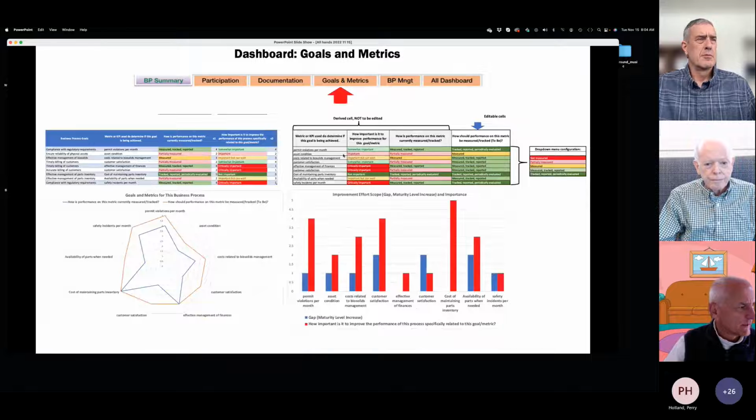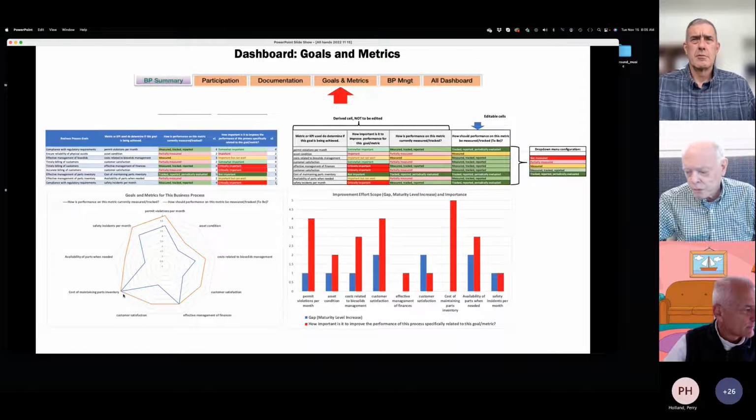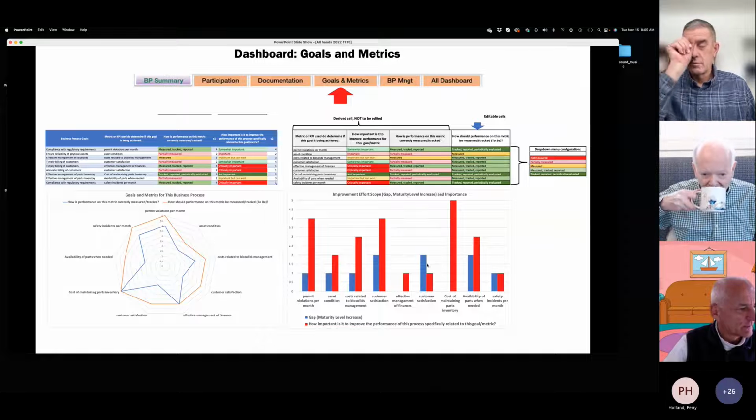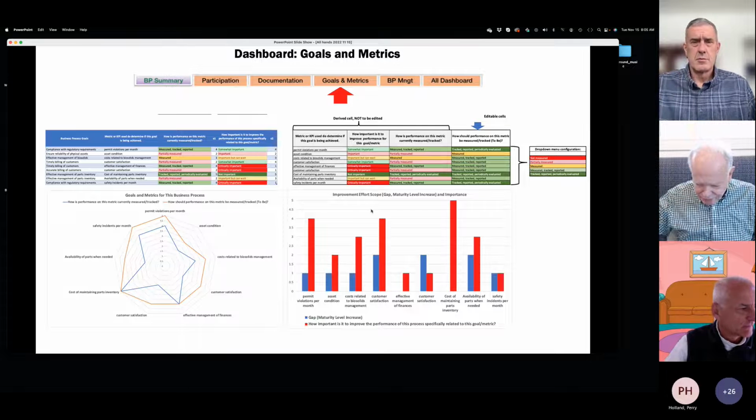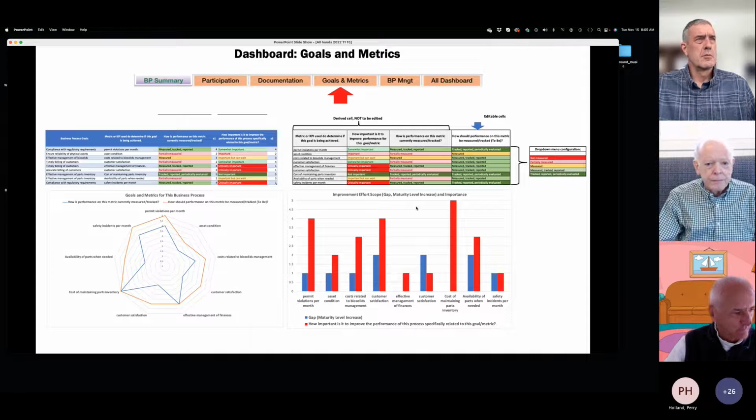Similarly, a dashboard for setting goals and metrics that allow people to see where we are right now. These are just dashboards, showing the current condition with the to-be in orange, and different analysis for what the improvement gap is, and what is the importance of things, the different efforts that could be done. And